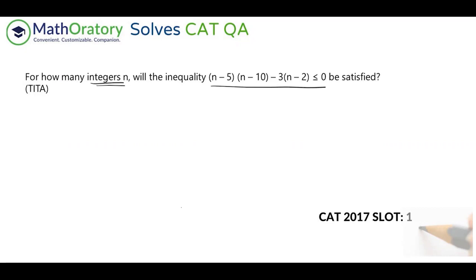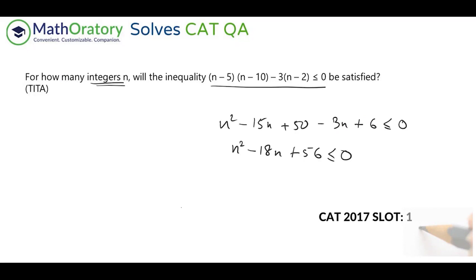So let's open this up. Let's say n square minus 15n plus 50 minus 3n plus 6 less than equal to 0. So what we have is effectively n square minus 18n plus 56 less than equal to 0. At this stage, I can do a couple of things. I can factorize this, or sometimes I'll show both methods here. So method one, let's say,